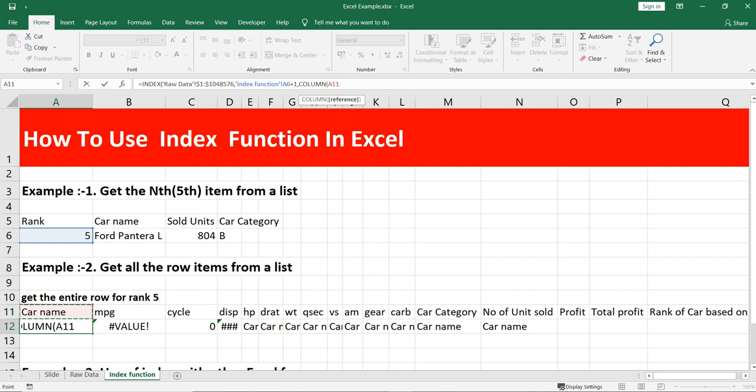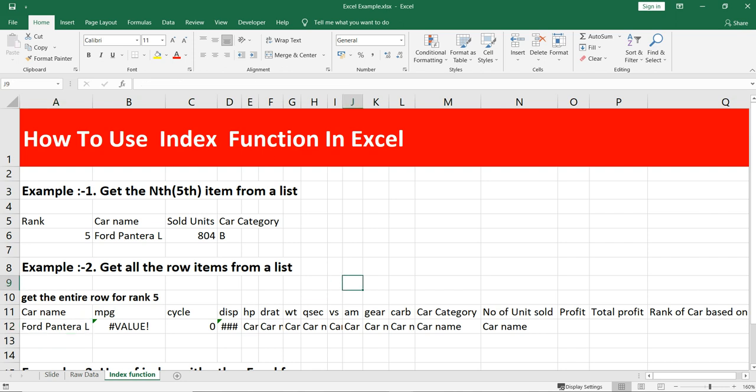When you give this column reference, the first column of this particular sheet in which we are working, it will take column A11 as column 1, and then we'll close this bracket. So we are getting the same result here, right? Let's see what this column A11 gives us. This gives us 1 because cell A11 is in column 1, that's why it's returning 1.